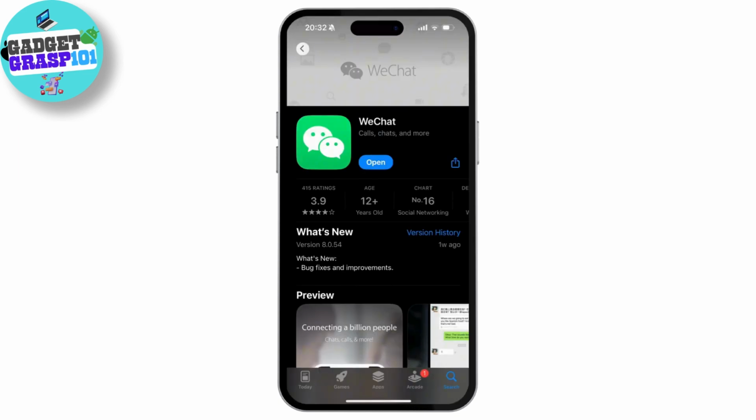Then simply update the WeChat app. Visit your device's app store in iOS or Google Play on your Android and check for updates and install the latest version. If there is an update option available right next to your app, tap on it and update the